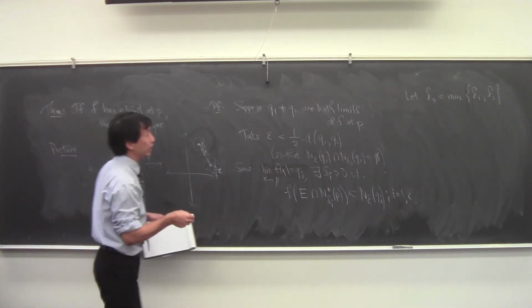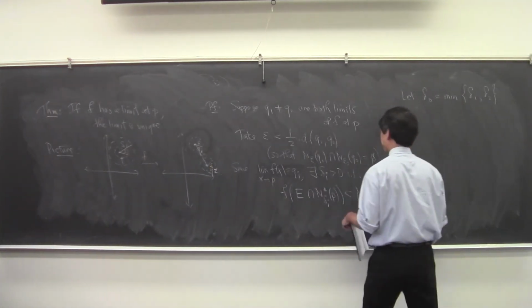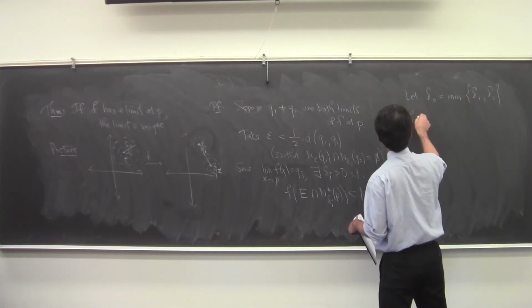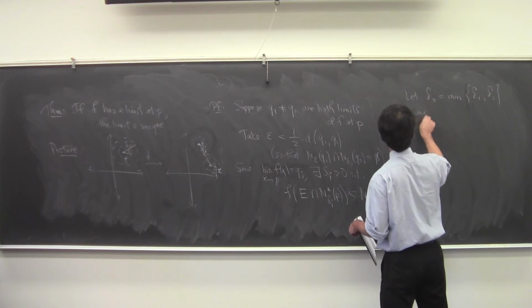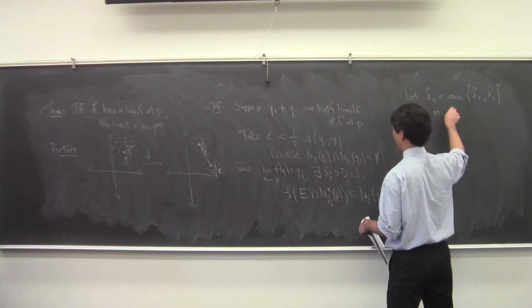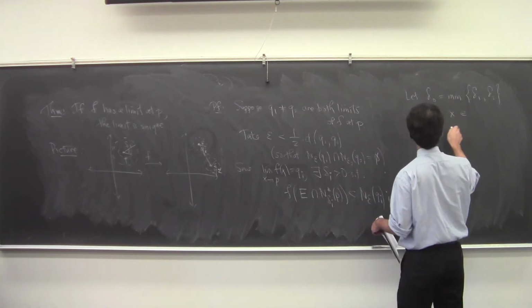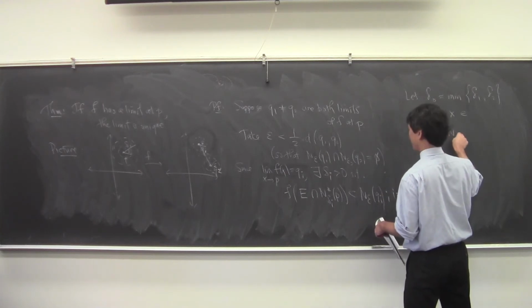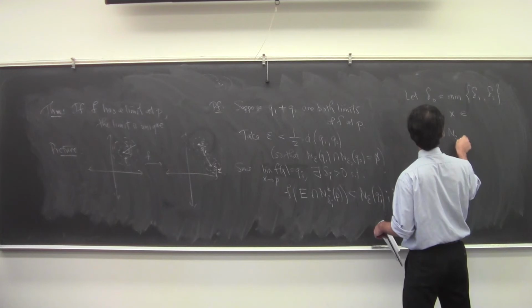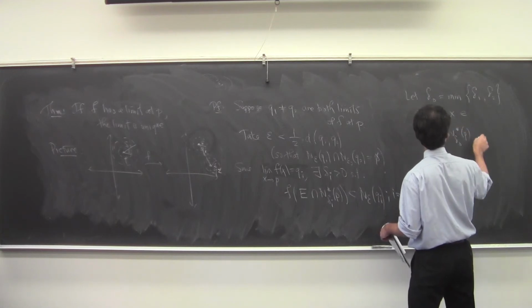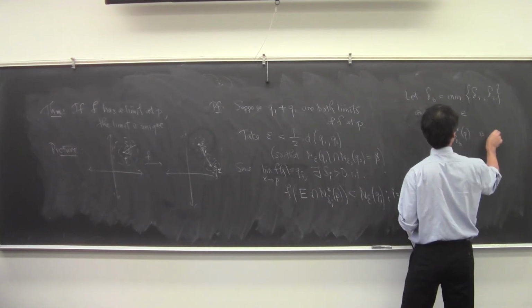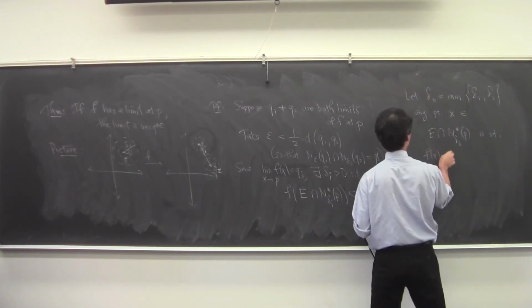So take the smaller radius, and then any point x in E intersect the punctured delta 0 neighborhood of P is such that f of x